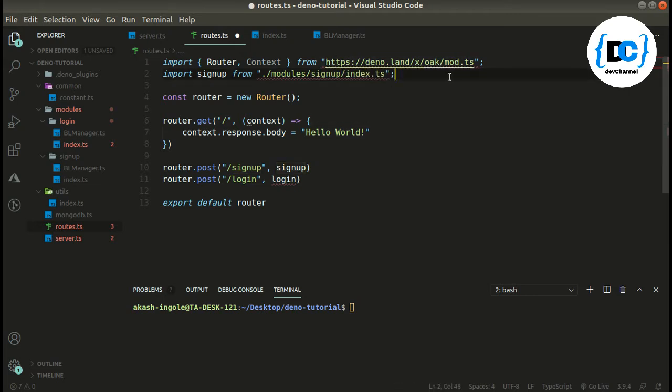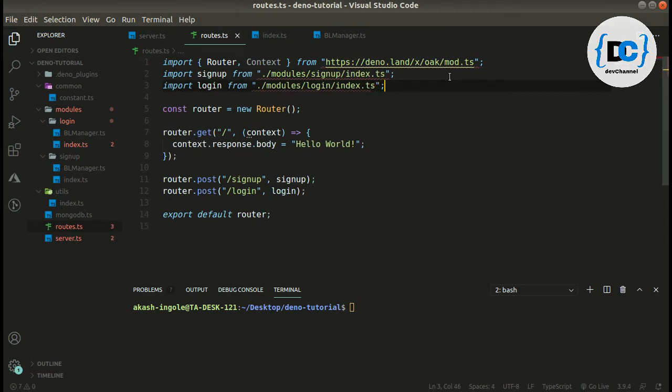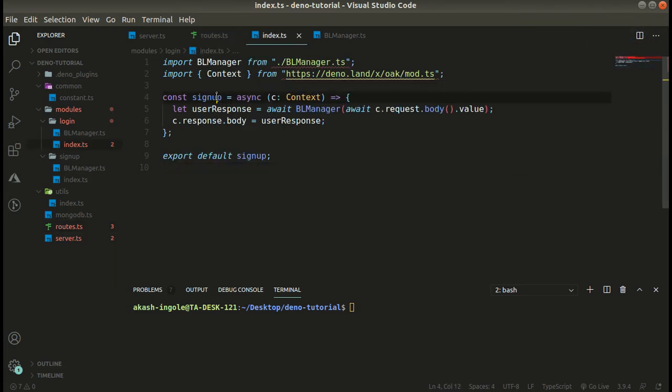Oops. Okay, cool. Now let's code. First we have to export this login. We need to copy the code carefully.